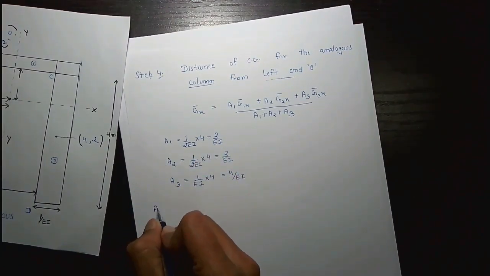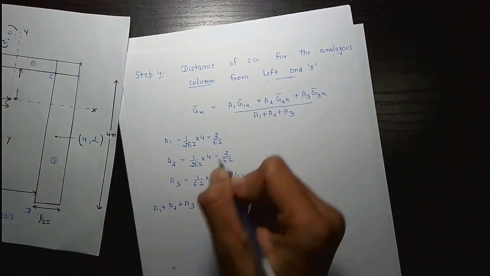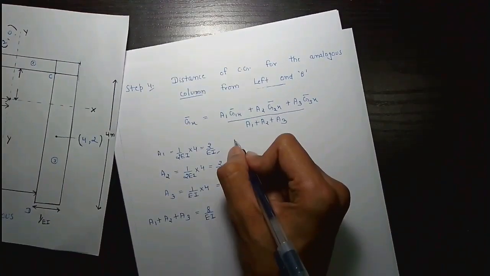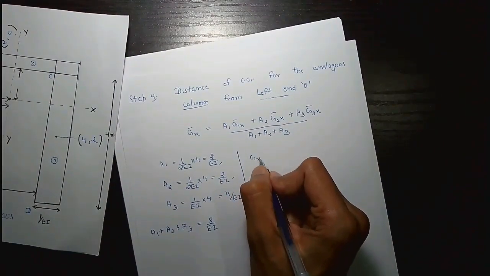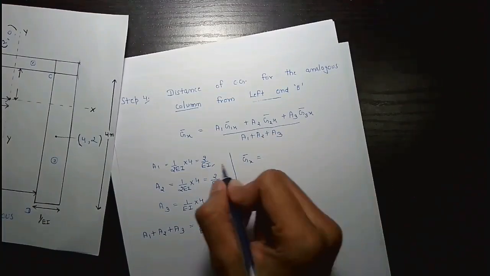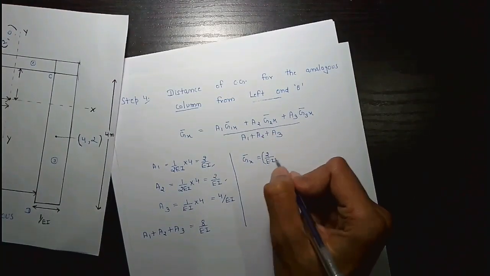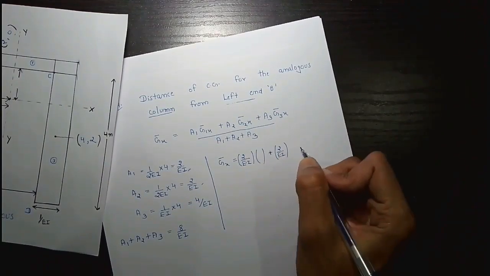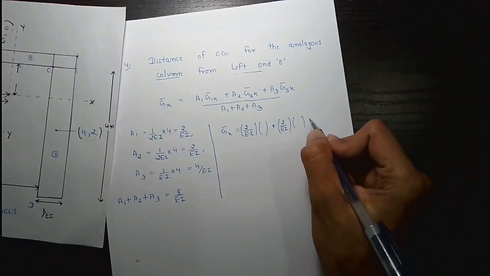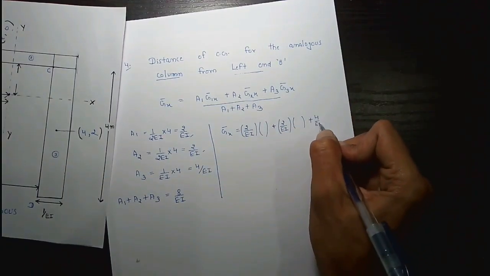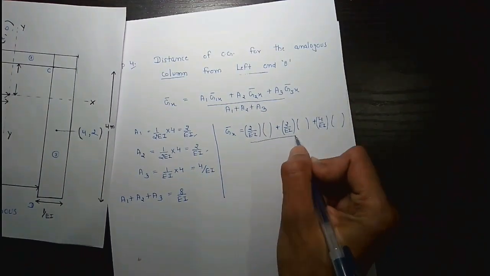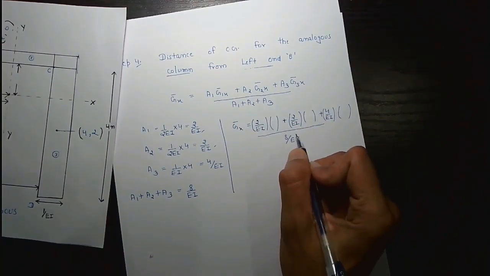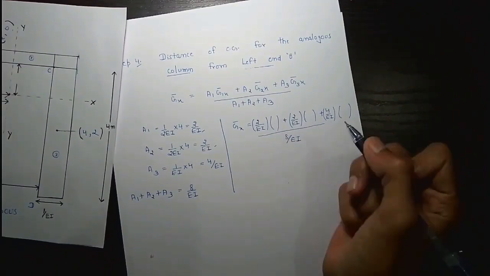Total area A1 plus A2 plus A3 is this plus this plus this, equal to 8 by EI. Now Gx bar is equal to A1 is 2 divided by EI, A2 is 2 divided by EI, A3 is 4 divided by EI, and total area is 8 divided by EI. Now for G1 x bar, G2 x bar and G3 x bar,